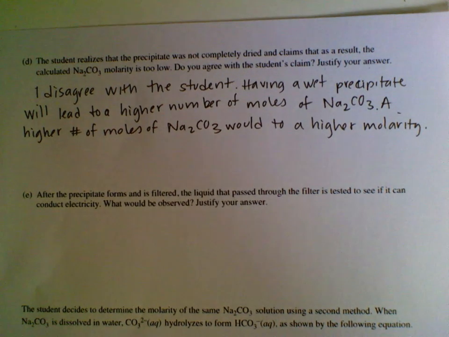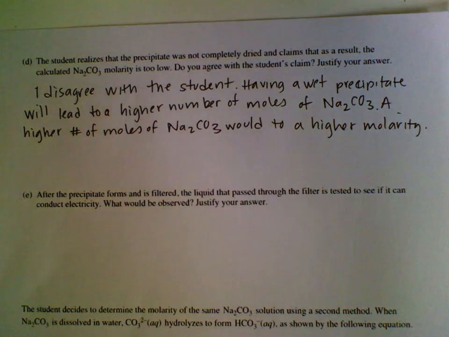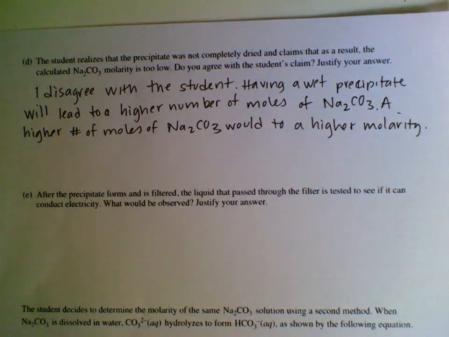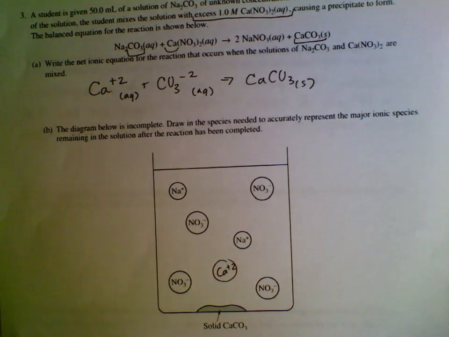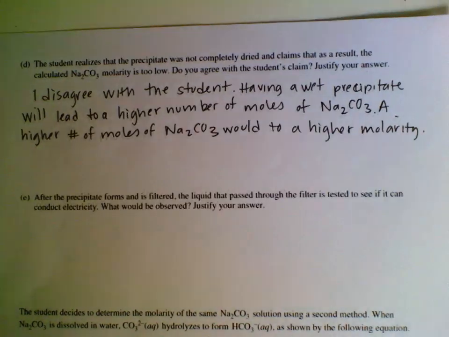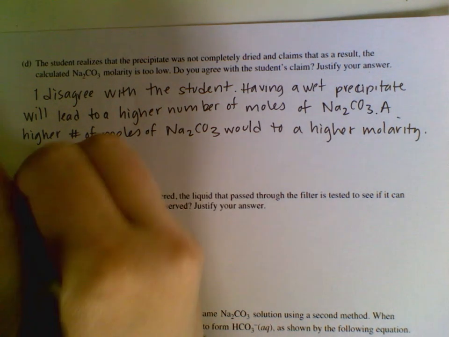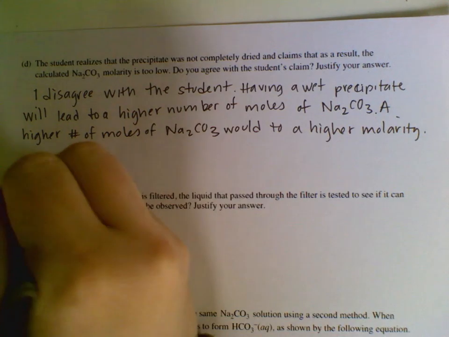It says, after the precipitate forms and is filtered, the liquid that is passed through the filter is tested to see if it can conduct electricity. What would be observed? Justify your answer. So in this case, if they're asking about conducting electricity, you know that to conduct electricity, you need to have ions present. And if you go back and look at your beaker from part B, we've got a bunch of ions floating around in there. So it's basically a question about, do you understand how ionic compounds work? So it says, what would be observed? Justify your answer. So I'm going to say the solution would conduct electricity